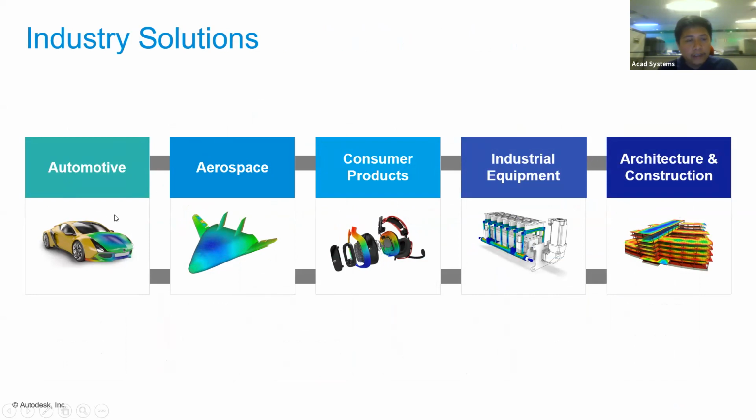For the metal parts you can do finite element analysis simulation, and for airflow, maybe you want to know about the shape, the aerodynamic shape that you want to create after the design stage is done. You can use CFD. For consumer products, you can use Moldflow to study the heat inside. The same goes for industrial equipment,